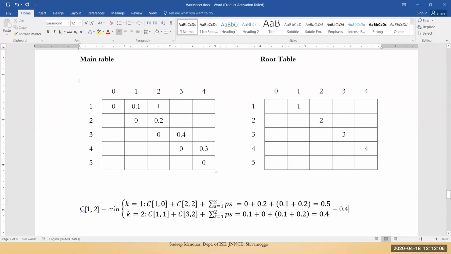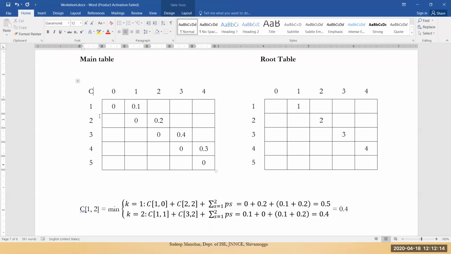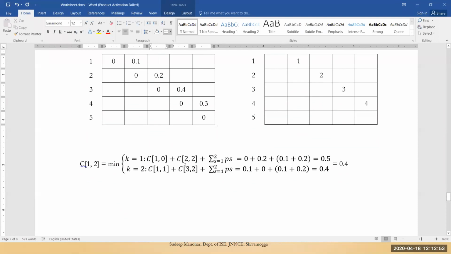So first we should calculate C of 1 comma 2. So this is C. I'll name this as C. This particular location is C of 1 comma 2. Now we have to fill this. That means we have to compute what is the value in this location. After filling this, next one is this location 2 comma 3. Then 3 comma 4. So diagonally you have to compute. Once you compute this, you should not go to this location. Okay. Now let us start.